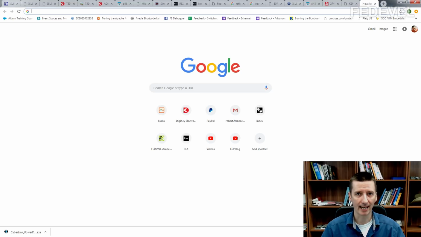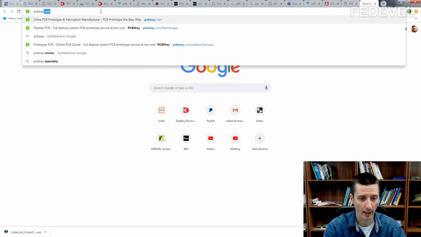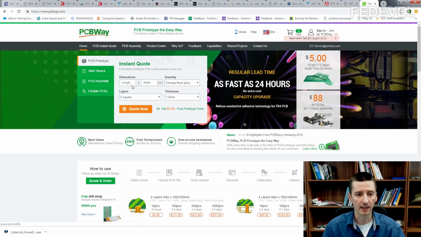Before we start doing layout, we are going to also set some basic rules, and to get the values for the rules, you can check the website of a PCB manufacturer. For example, you can go to the PCBWay website, and here you can check some values.